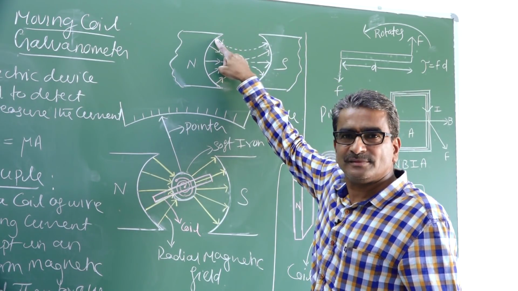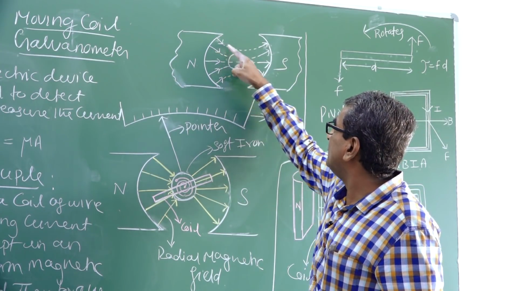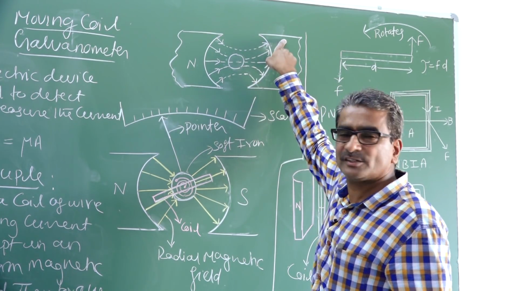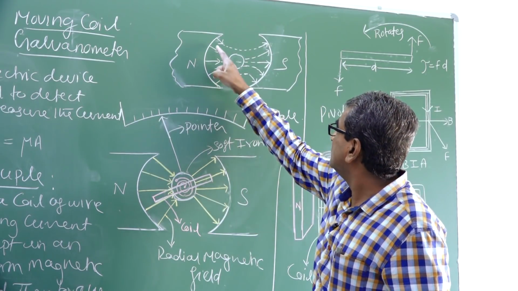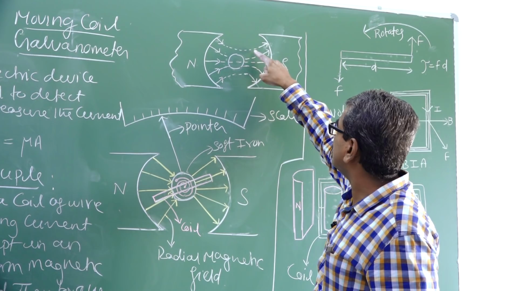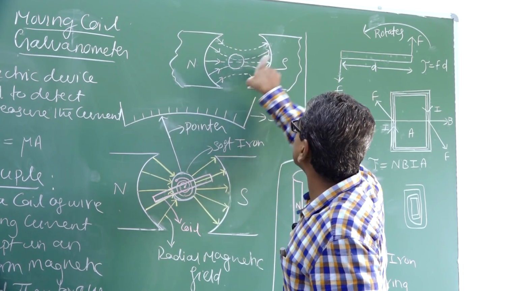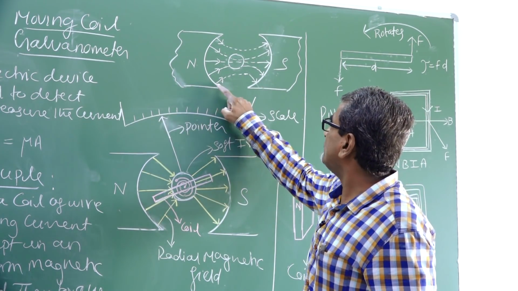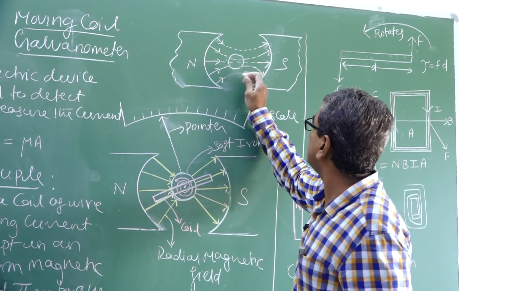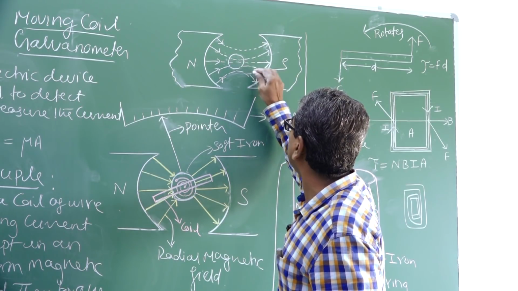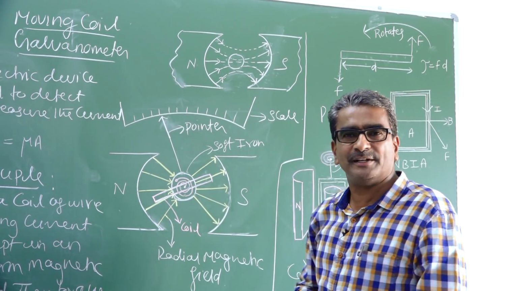So the field line which comes out from north pole, then because of iron cylinder deviates like this and moves towards south pole. Similarly, look at this field line, instead of passing straight like this, it comes close to the iron cylinder, then it passes towards south pole. So same thing happens here. This field line, instead of moving straight like this, it is going to deviate close to the iron and then turns towards south pole. Here what's happening?